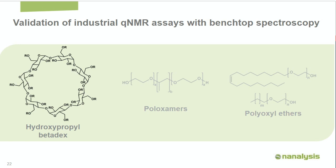The work we're showing here is based on some monograph methods that already make use of high field NMR. I really need to point out how rare this is before we start, because there are only about a dozen or so methods that explicitly require the use of NMR in these pharmacopoeias. I need you to really think about this, because when I looked into it, I counted well over 5,000 monographs published in the United States Pharmacopoeia alone, and a little over 10 of them use NMR. So while the work I'll show here establishes equivalency to these NMR methods using a benchtop system,